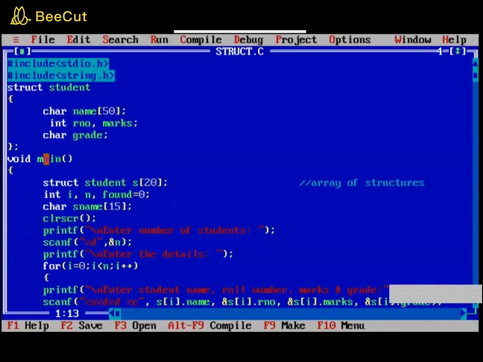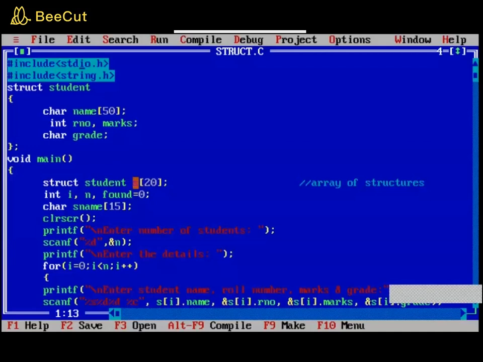So my execution will start from the main and the declaration of the structure will be done in the main itself. So I am declaring my structure, that is struct student, and then the structure variable name. Now here as you know, we have to enter n students' details, not only one student's detail, right?